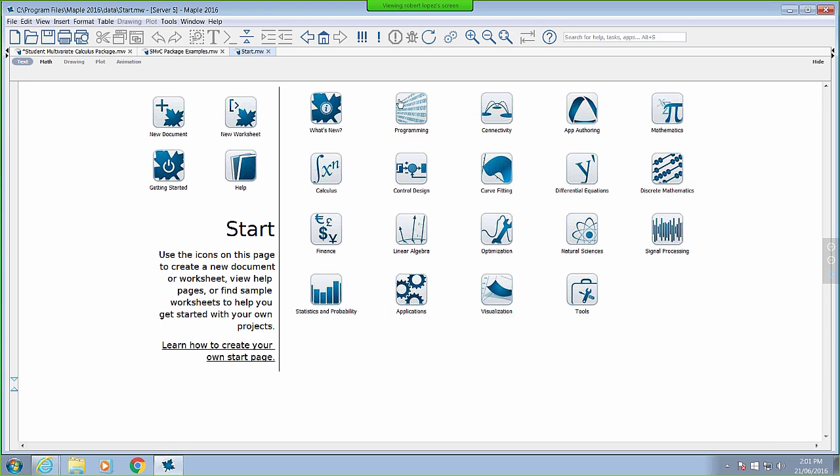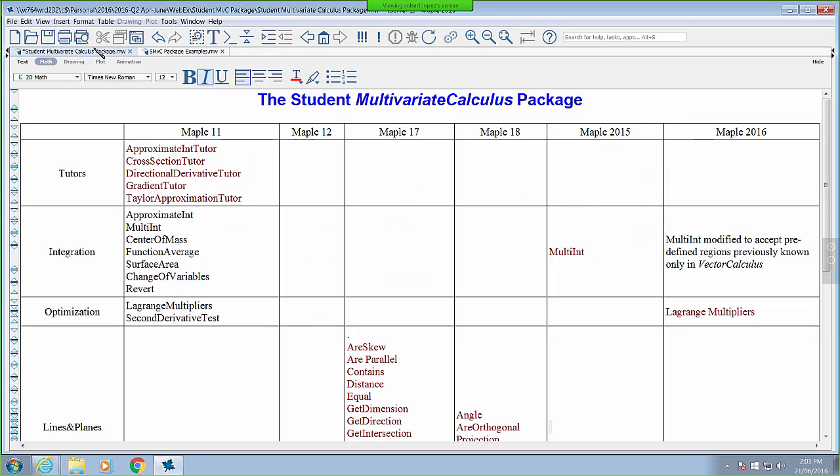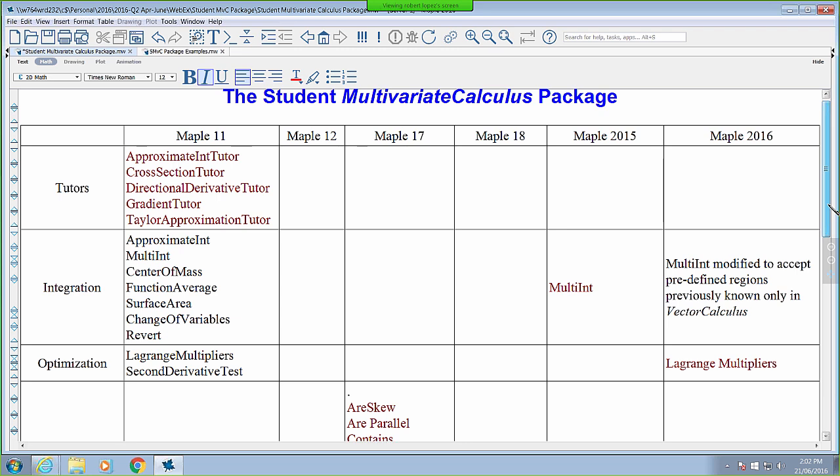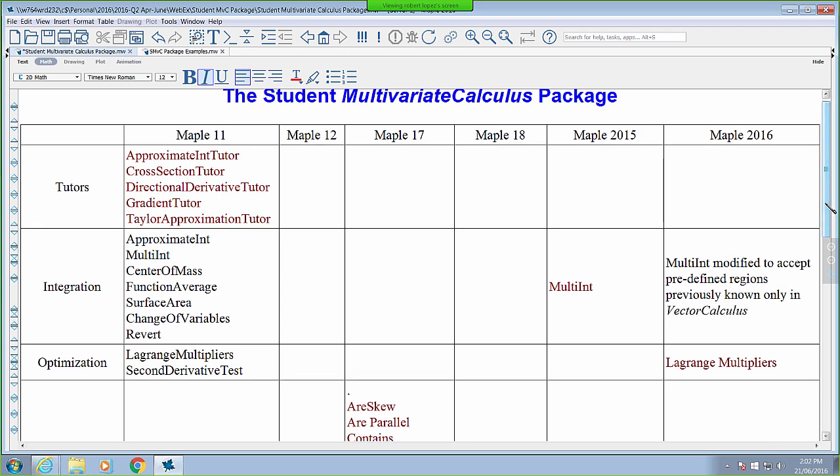Hello, we're going to take a look today at the Student Multivariate Calculus package. I want to demonstrate, explain what the functionalities are, and point out what new functionalities we've added in recent years. Now, if you go up to the help page on the package, they will be grouped,